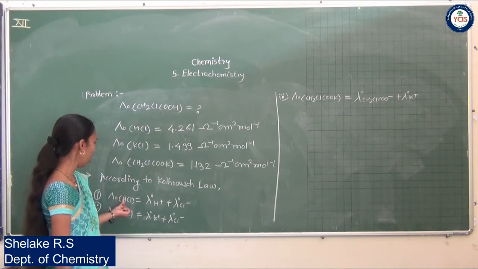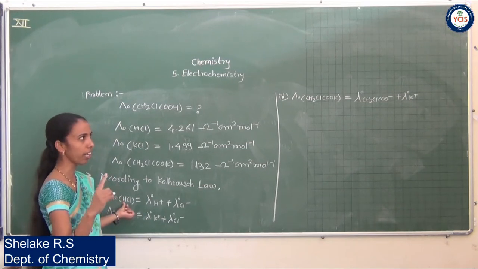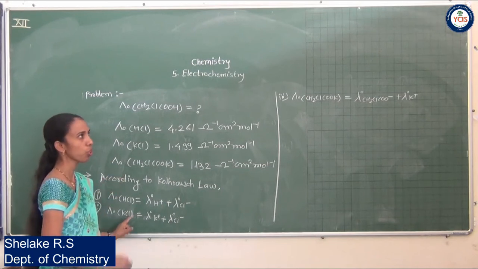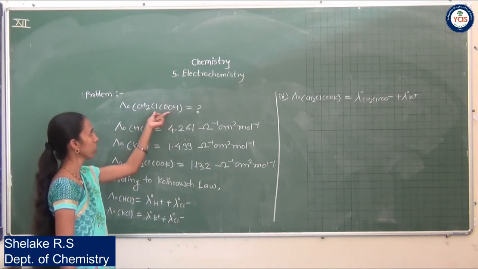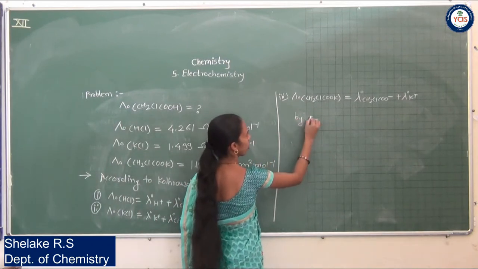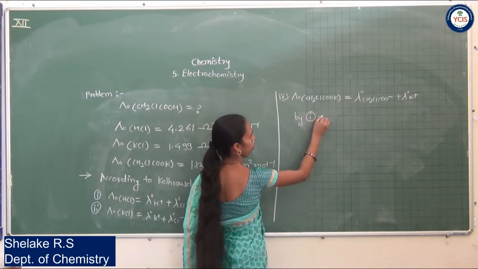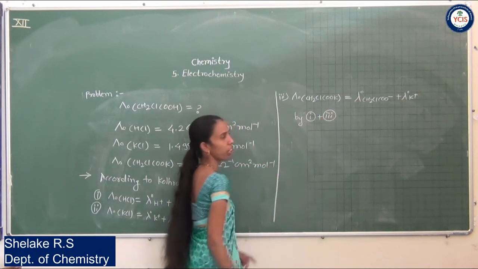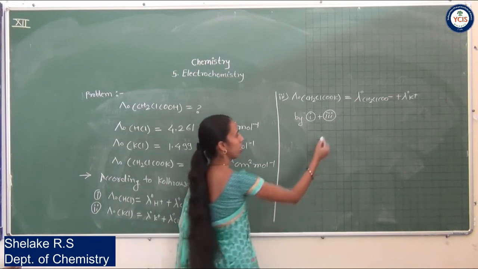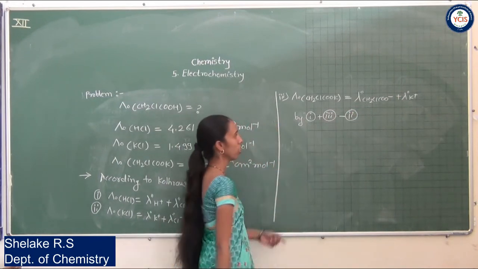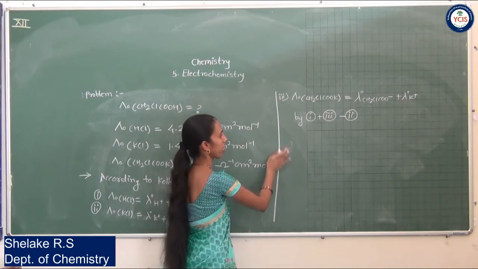So adding equation number 1 and 3 and subtracting equation number 2 from this addition, you will get your required result. Okay, so